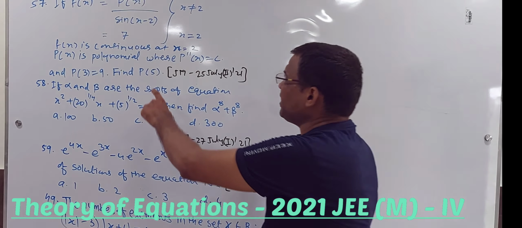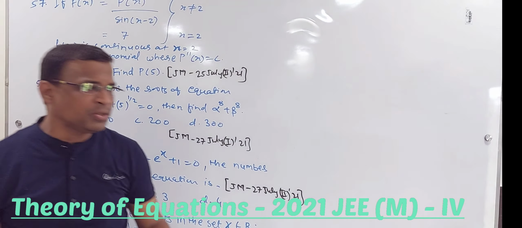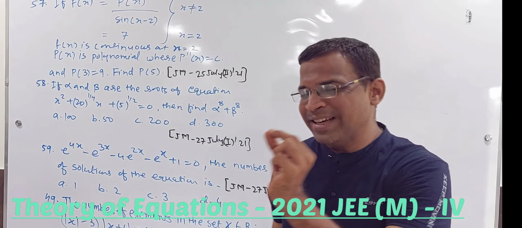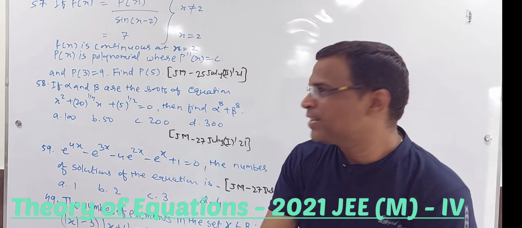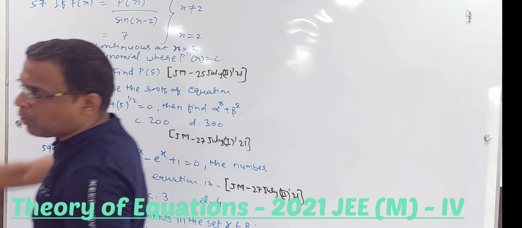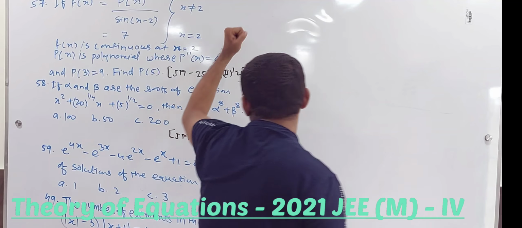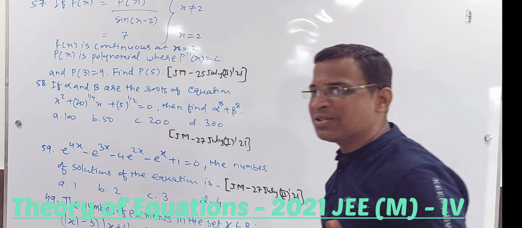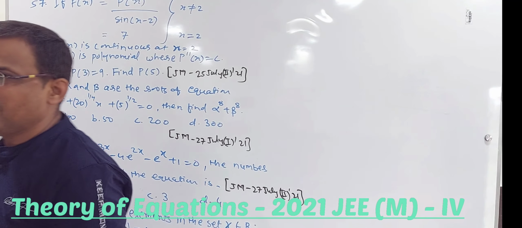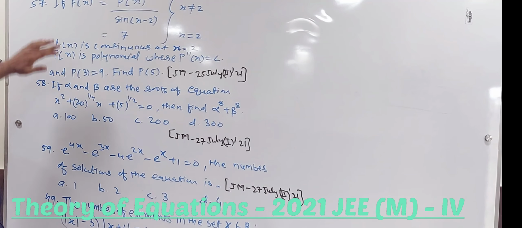Basically it's a question of continuity, but since polynomial is involved, I used to look for words like polynomial, quadratic, something like that, and I picked up that question. So it's a mix of both continuity as well as polynomial. Good question, very good. I never say a Mains question is very good always, it's very rare, and for this question I can say it's a very good question. Fine, let us try this.